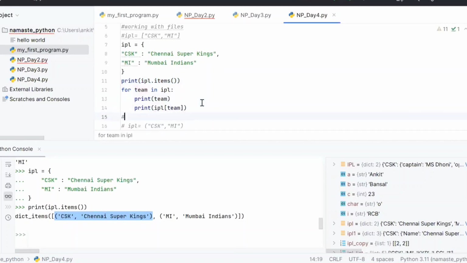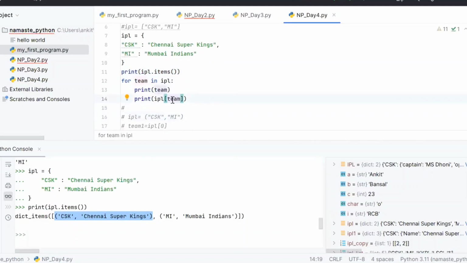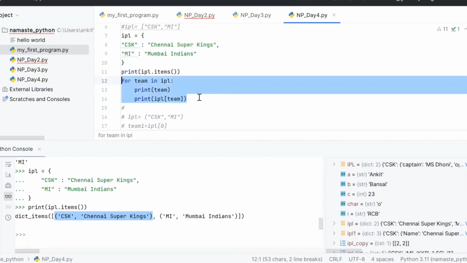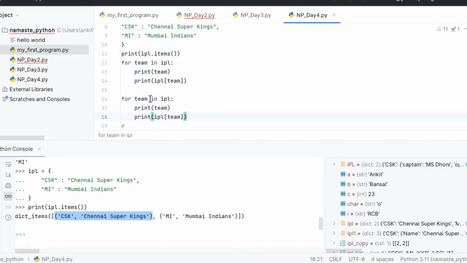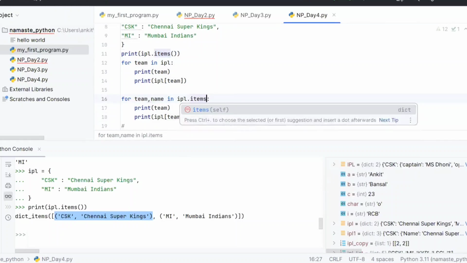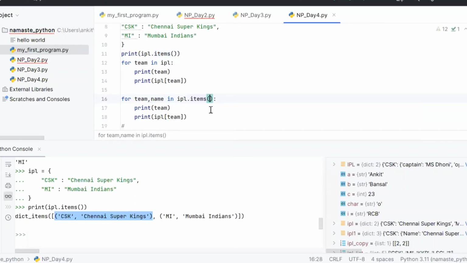Now what we can do, instead of writing team and value separately, is write like this: for team, comma, name in IPL dot items, print team and print name. What is happening is it is iterating through each item of these dict items.